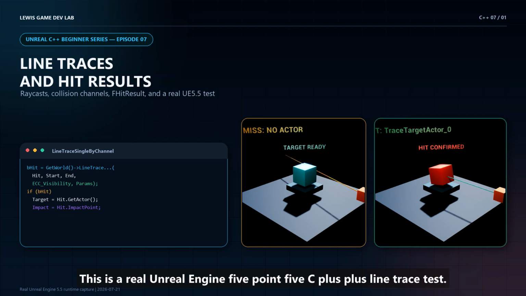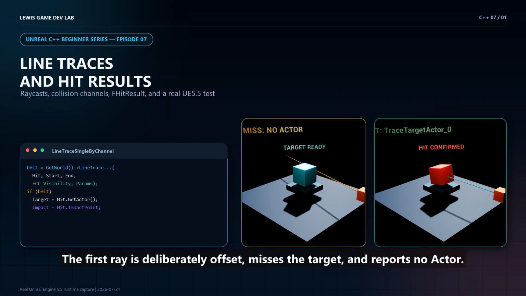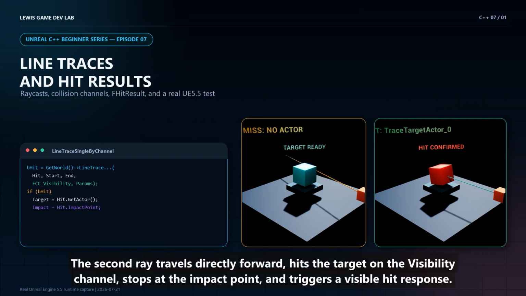This is a real Unreal Engine 5.5 C++ line trace test. The first ray is deliberately offset, misses the target, and reports no actor. The second ray travels directly forward, hits the target on the visibility channel, stops at the impact point, and triggers